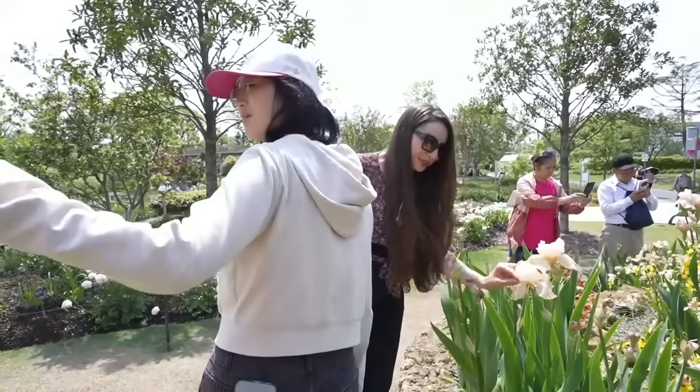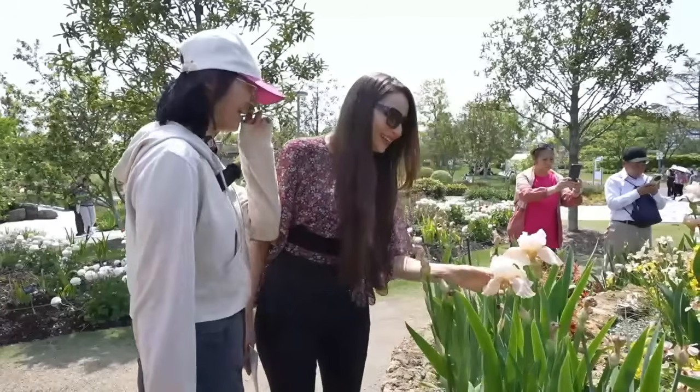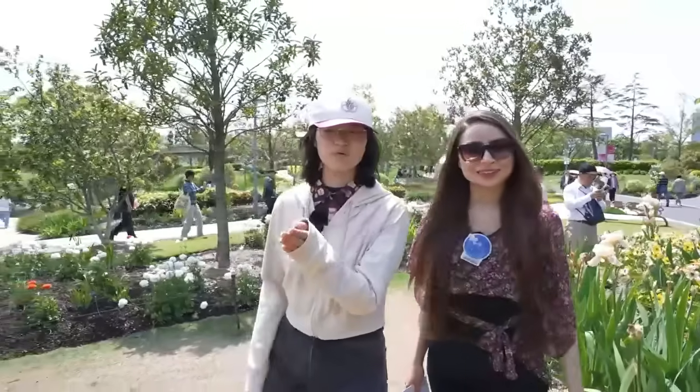We found even real hair. It's like fur. Yes, it's like a mustache. But I like the name. Bearded iris. They even got dark purple, nearly